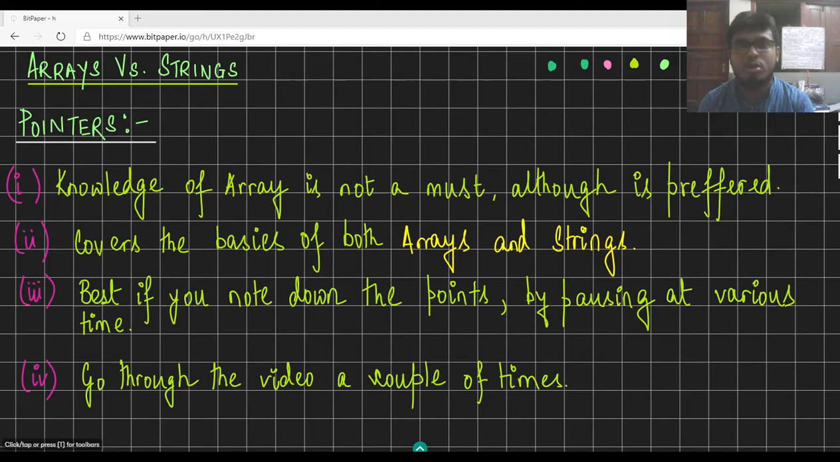Even if you don't know arrays, you can simply ignore the column for arrays and just concentrate on the column for strings, right? Because in this video I have stressed strings rather than arrays. Arrays have just been explained so as to have a point of difference between them. Now, this video covers the basics of both arrays and strings. Therefore, if you already know arrays, it would be a quick recap for you. Moreover, if you don't know arrays, you can basically learn both arrays and strings with the help of this